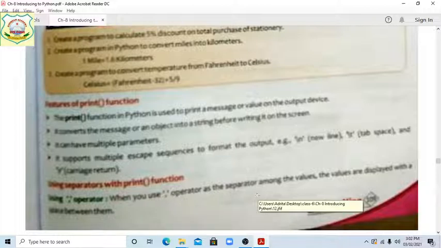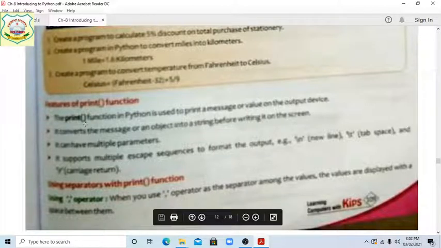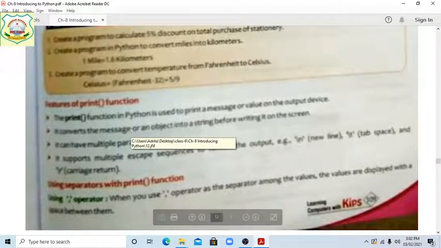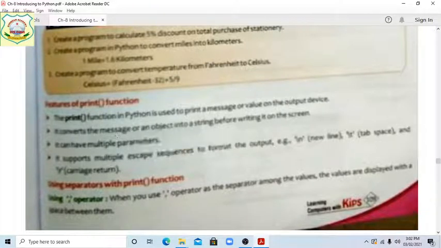Features of the print function: the print function in Python is used to print a message or value on the output device. With the help of the print function we can print the message and see it on the output device, just like when you do the run command, F5.